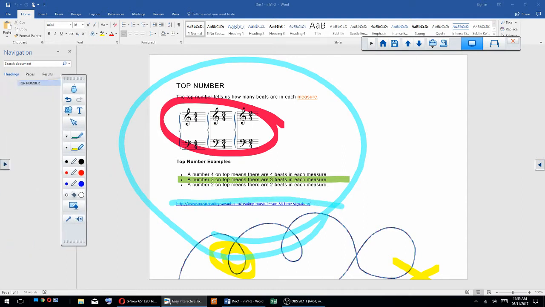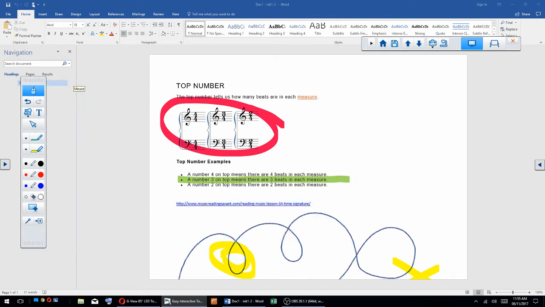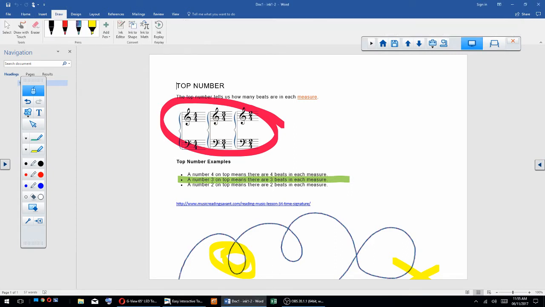So these are the Epson tools again. You don't necessarily always use them because you might just want to use the tools built into Microsoft Office software. So if you click here on Draw, you'll see here I can get this pen and draw over the top, and I can also